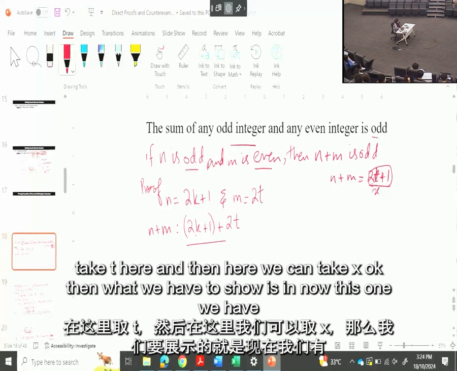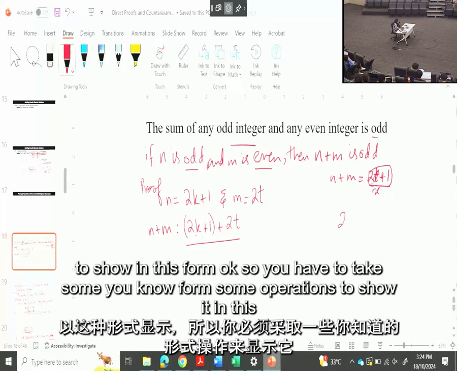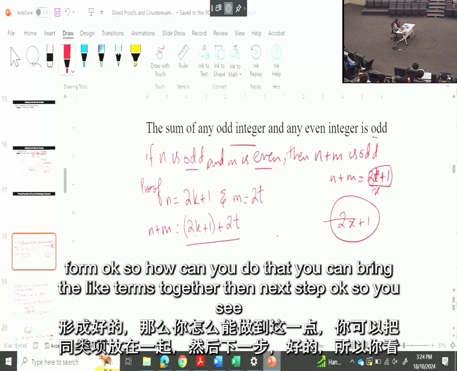Now this one we have to show in this form. Okay, so you have to perform some operations to show it in this form. Okay, so how can you do that? You can bring the like terms together. Then next step,